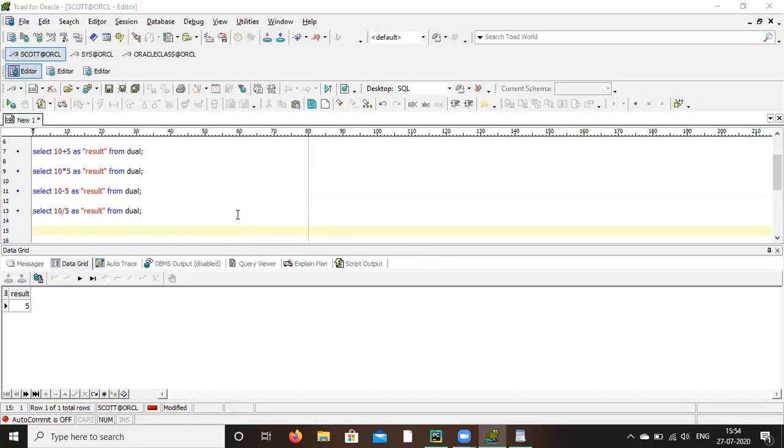Okay, so now you can do it like this from the dual. Let's say you want to do it from some table. Select star from EMP.